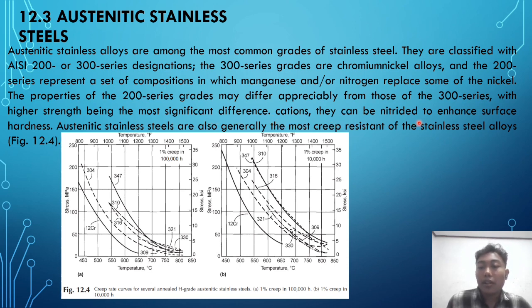They can be needed to achieve surface hardness. Austenitic stainless steels are also generally the most creep resistant of the stainless steel alloys, like in picture 12.4. This is picture 12.4. Then next,